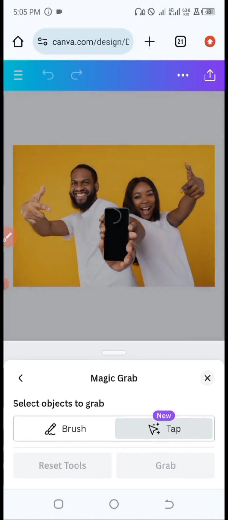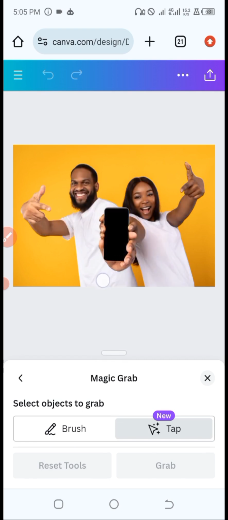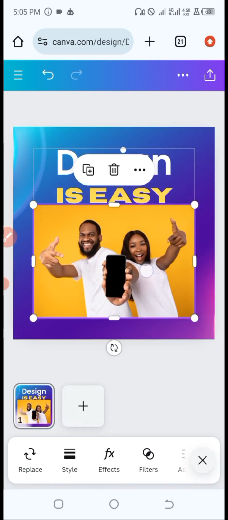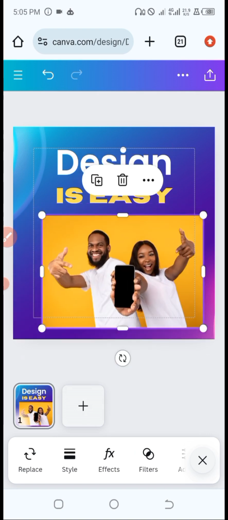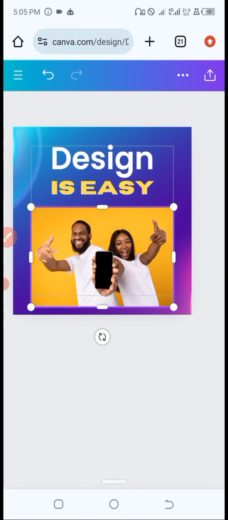Still loading. I think that's done. Let's see. No, it's not. Well, I don't know why it's that way, but let me just go straight to what I